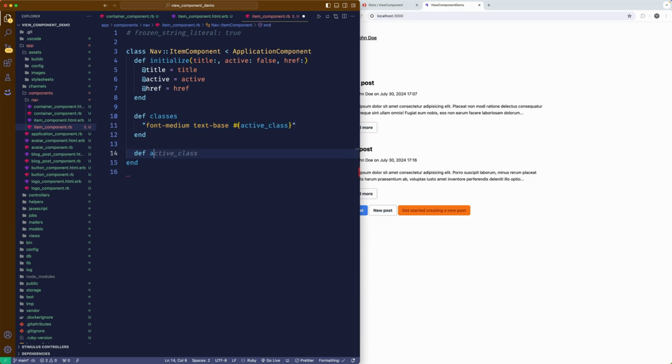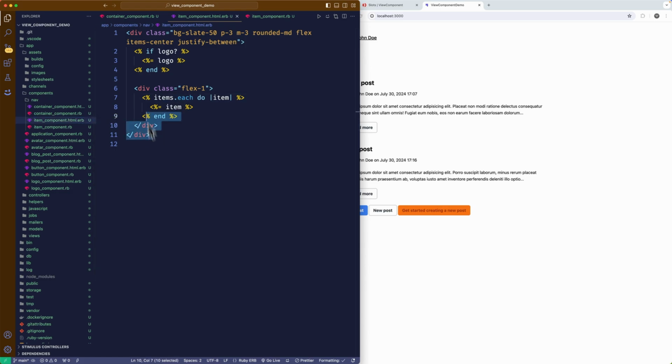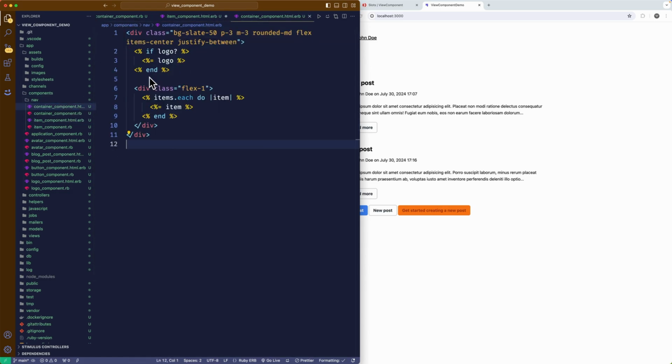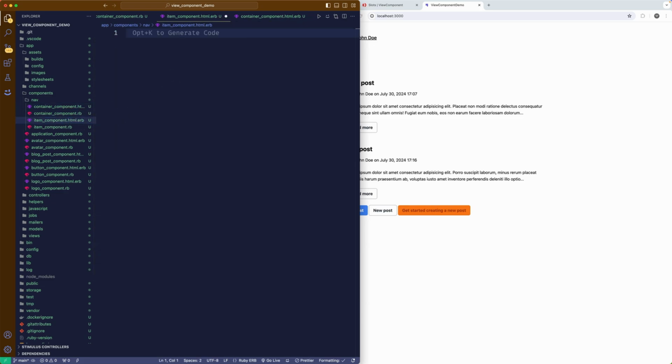and then we can render this active class method if it is active. So we'll say def active class, and text blue 600 and then underline, and then this can all be based on if active. Then let's get that item component HTML. I'm in the wrong one here. This one should actually be in the container component. Oh, my bad. So I'll paste that back in there,